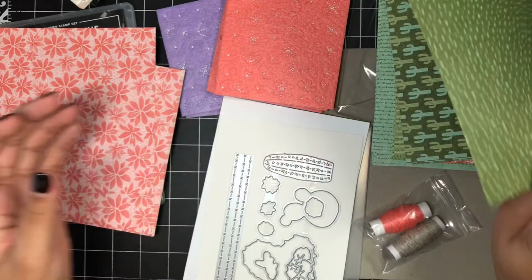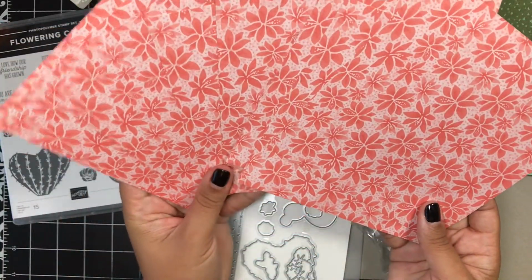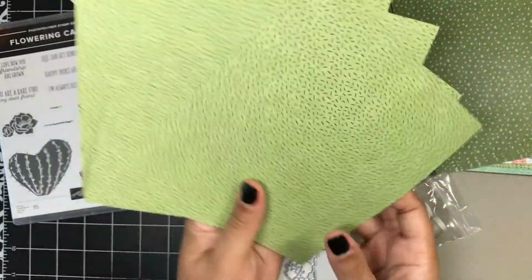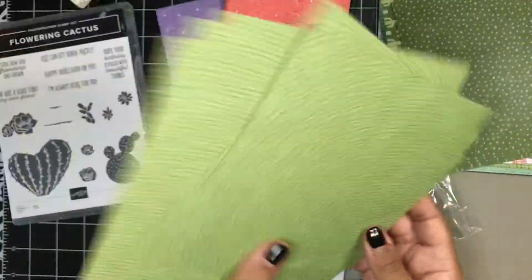Okay. And then here's the last one. So 8 of these. This is pretty. Calypso Coral is such a nice color. And then here's the back of that one. Okay. So the beauty of the